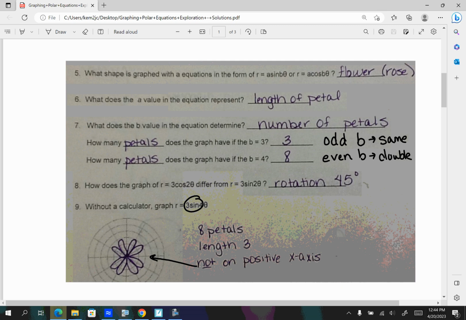So if you look back at all those at the top, all the sine graphs do not have a petal on the right side of the x-axis. All the cosine graphs do have a petal on the right side of the x-axis. Okay, so those are rose curves. The third set,